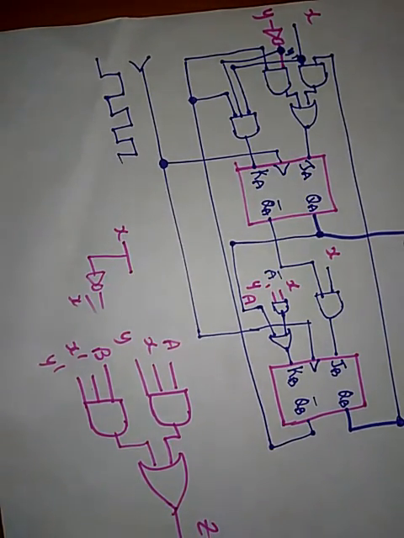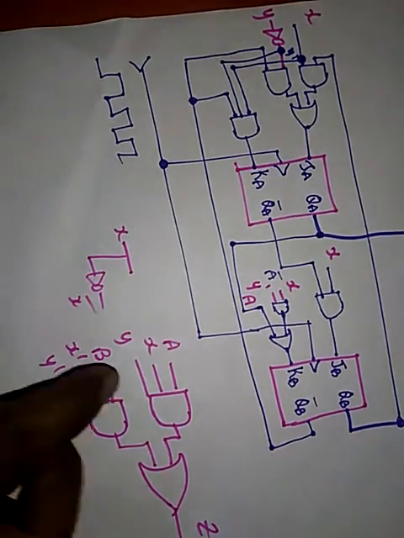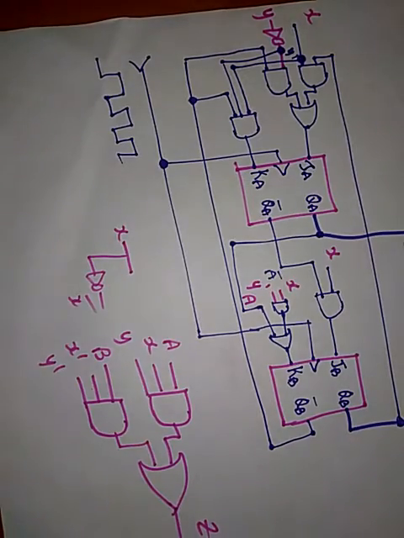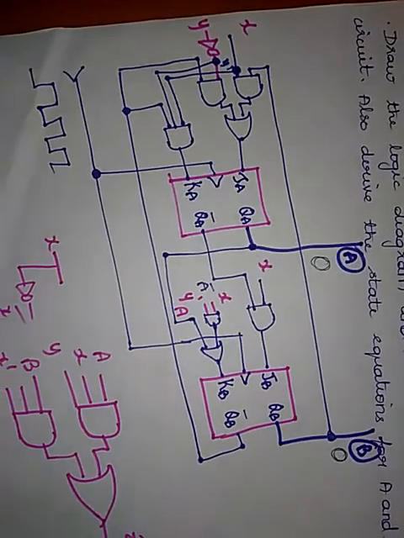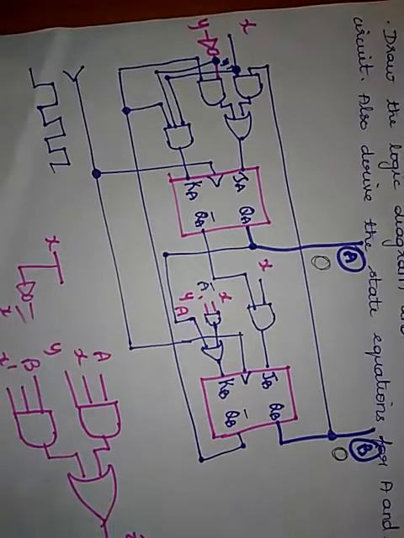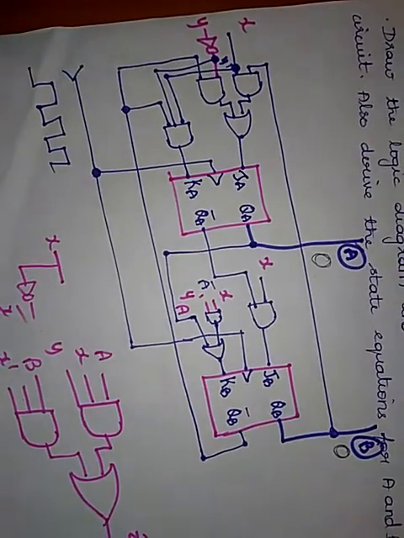Now we have to write the equations. This is the diagram. I have not connected all the lines just because it will become very complicated. Now we will see how to derive the truth table. So initially you assume the present state of A and B to be 0, 0. And X, Y are the inputs. So how to do that? So we have present state and next state.